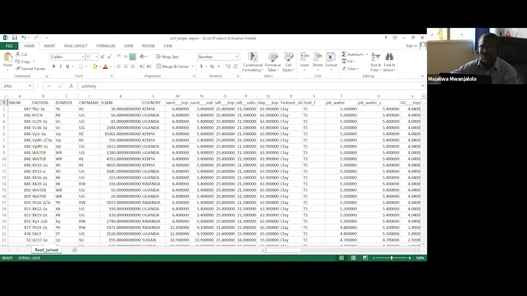Now, I also want to share with you the estimation of soil productivity in Excel and in the software. So I'm going to share with you this one. Let me stop sharing the Excel, and share the estimation.